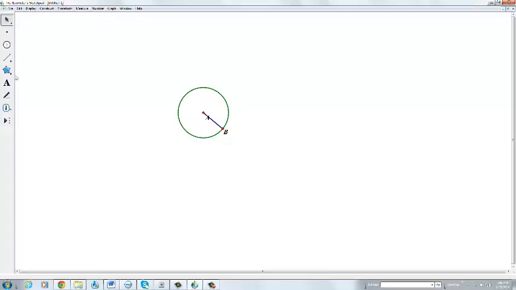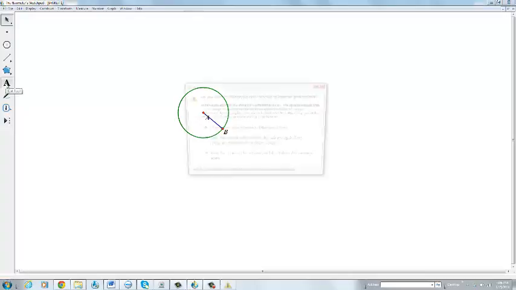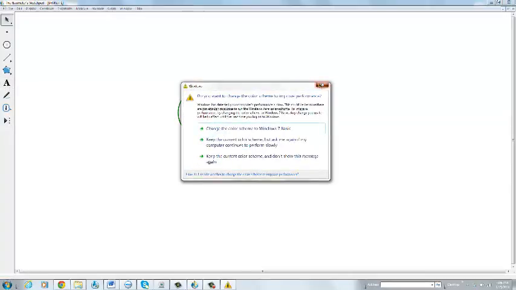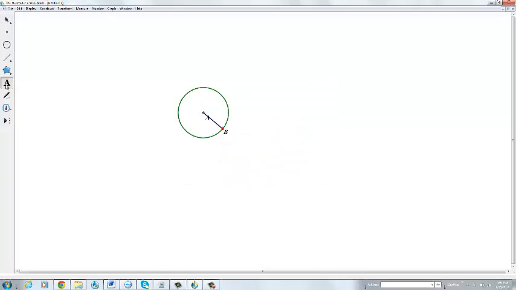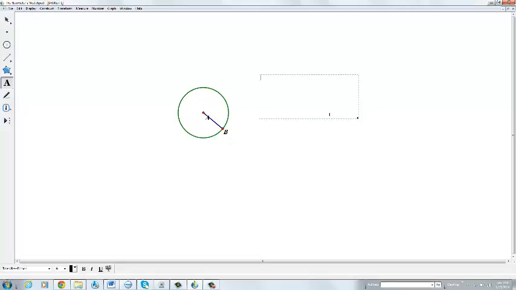If I want to write, you have a text tool here. So you can create a text box and you can type. If you want to make a segment that is perpendicular to AB through A,